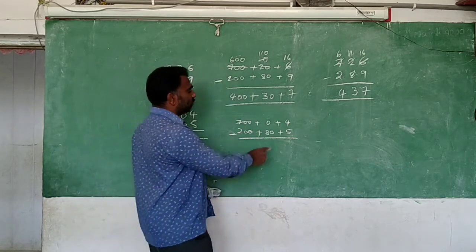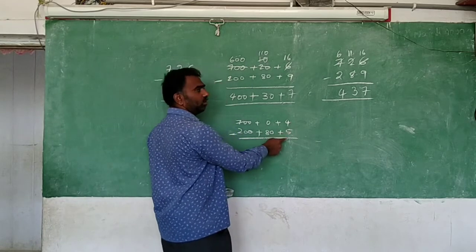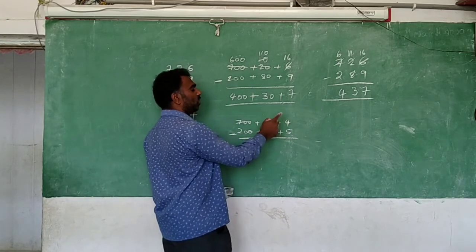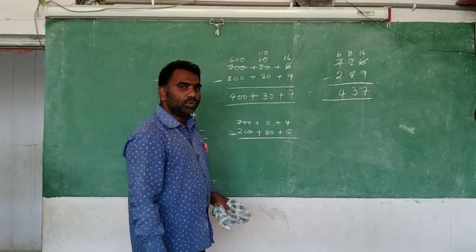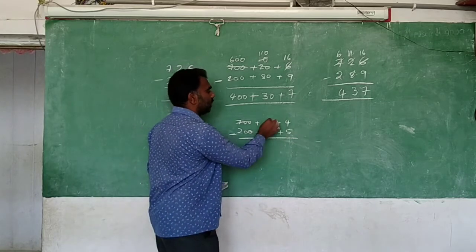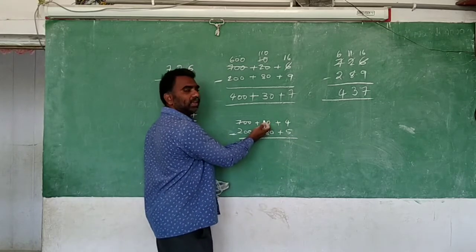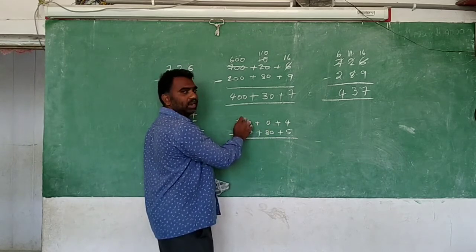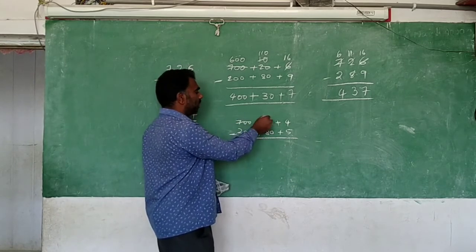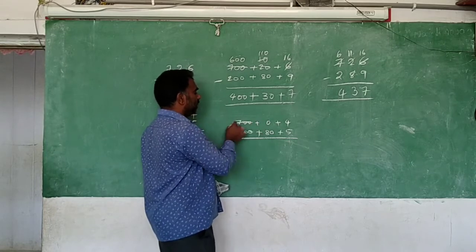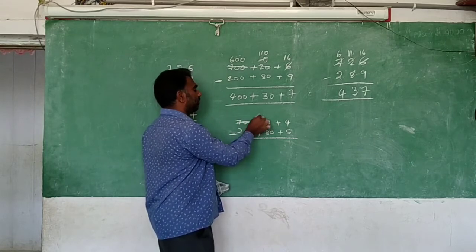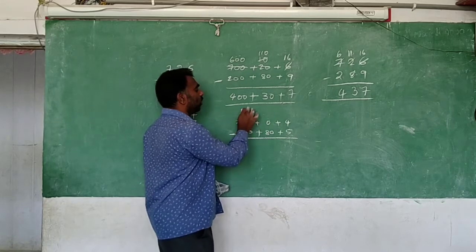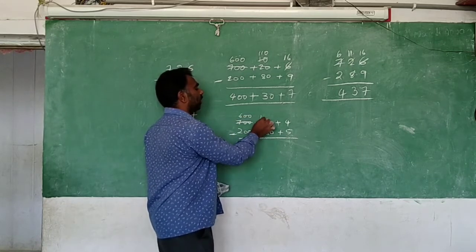We can't subtract 5 from 4. Is it possible? Your small number is there, big number is there. So you can't subtract. So what will you do? We will ask the borrow from here. But here also no money. 0 is there. That's why we will ask from here. So from here to here we will give. So 700 is there, we will give 100 here. It will become 600. 100 comes here.